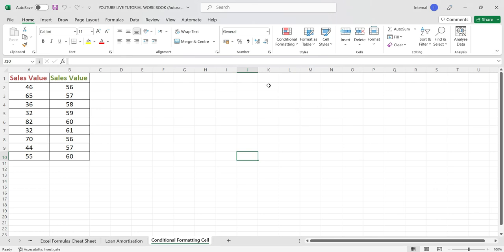Today, I have an exciting topic lined up for you, which is conditional formatting based on another set. Conditional formatting is a game changer in Excel, allowing us to visually enhance our data and make important insights stand out. By using formulas to apply formatting rules, we can dynamically highlight cells based on specific conditions. In this video tutorial, I will take you through the process step by step so you can level up your